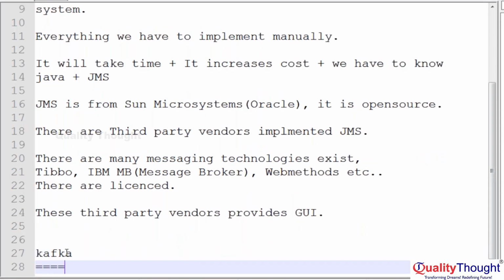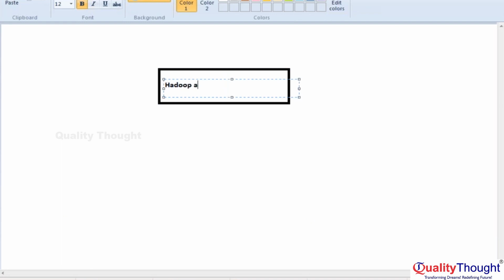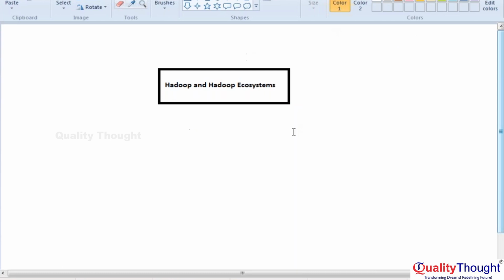So before going to discuss Kafka, let's see one small diagram. We have Hadoop and Hadoop ecosystems. By using Hadoop and Hadoop ecosystems, we implement batch processing. Then I have some other third-party software like Java,